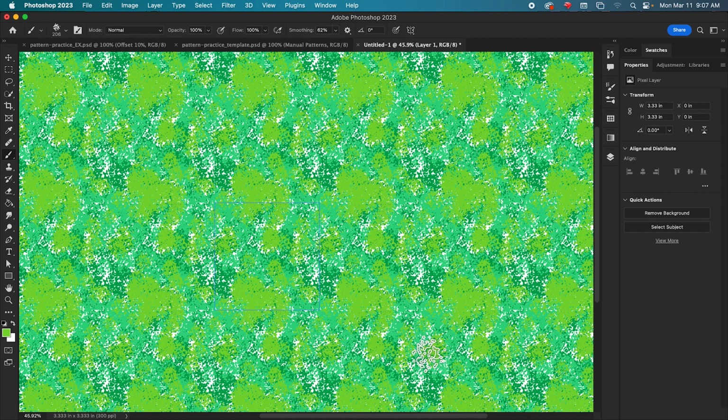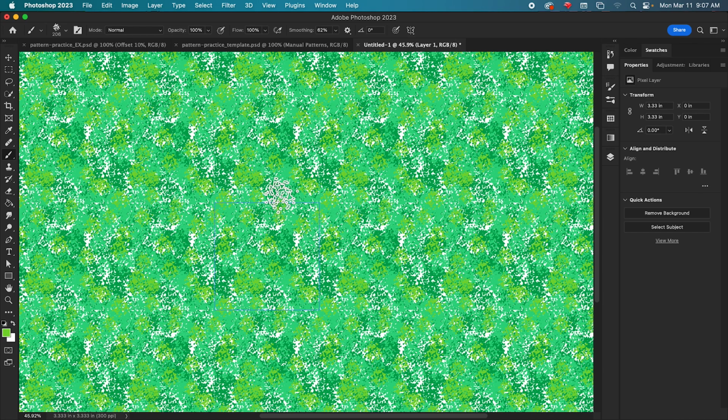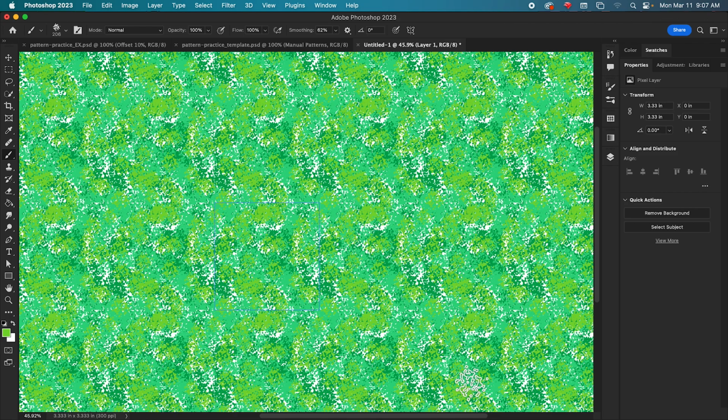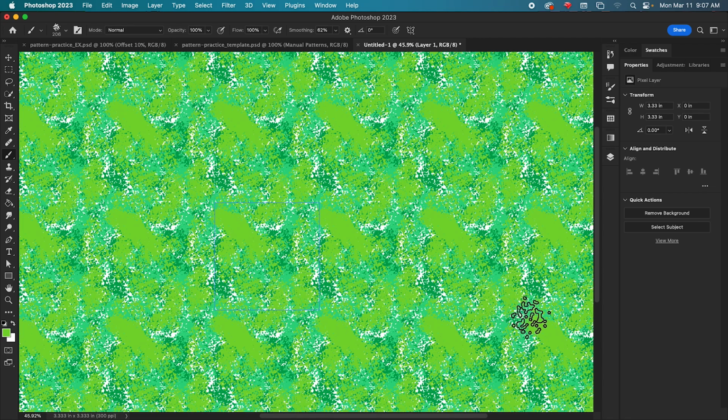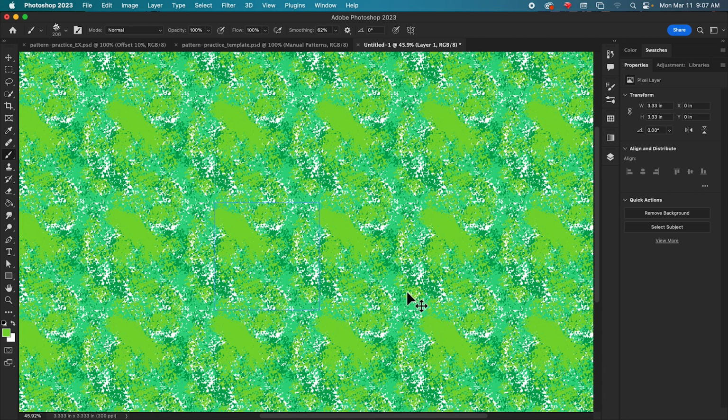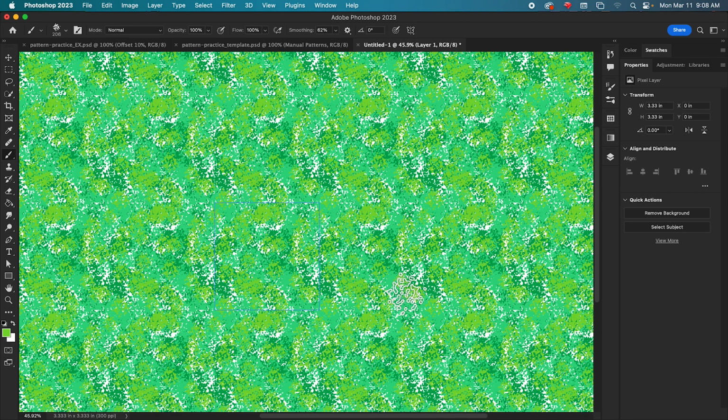Your goal, I'm going to undo this. Your goal is to create something that looks nice when it repeats. So avoiding big areas where it's obvious that it's repeating is probably the best idea.